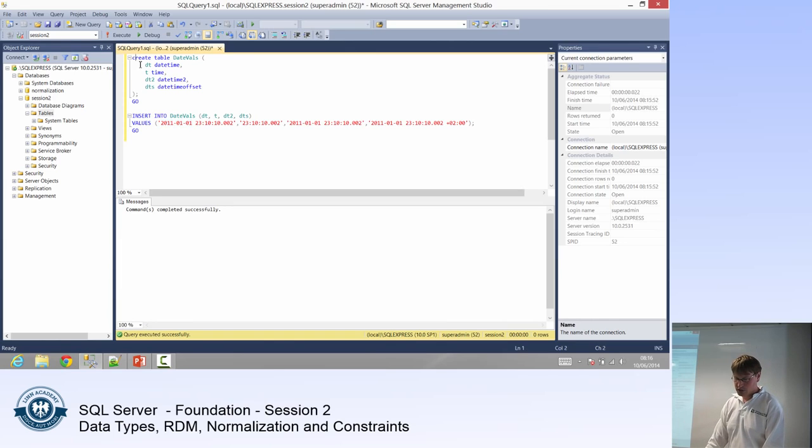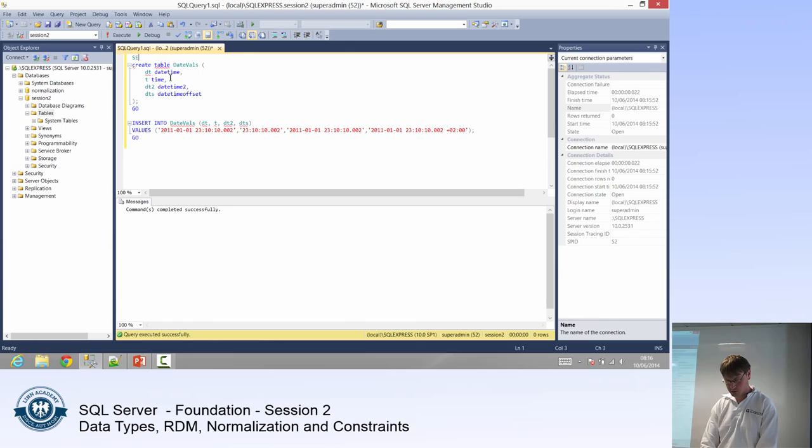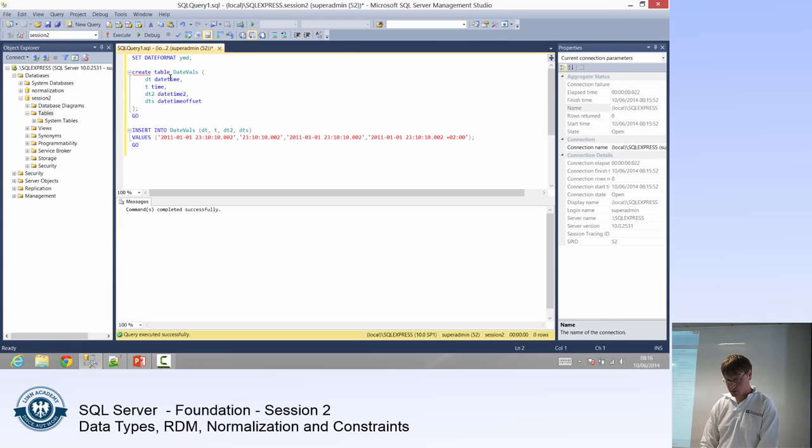And SQL Server allows us to define what date format we're going to use with a setting called set dateformat, and then we specify year, month, day. We can instruct SQL Server to basically reverse this order. Americans, for example, would do something like that. They would put day and month, or something like this. Day and month, which is daft. Anyway,